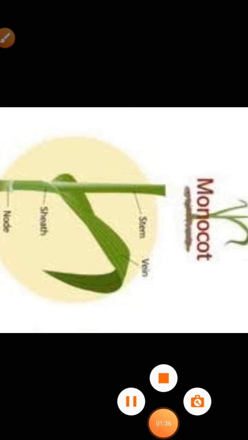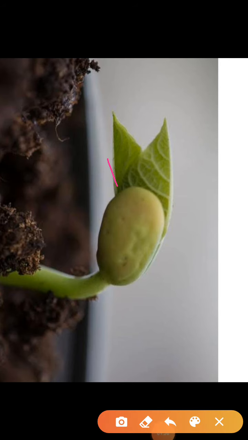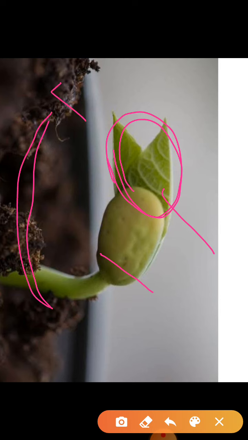What is monocot? Monocotyledons, commonly referred to as monocots, are grass and grass-like flowering plants, the seeds of which contain only one cotyledon. Cotyledons, விதை இலை. Cotyledons are the first parts of the seed, leaf-like, which appear above the ground. This is ground, seed, stem, leaf.